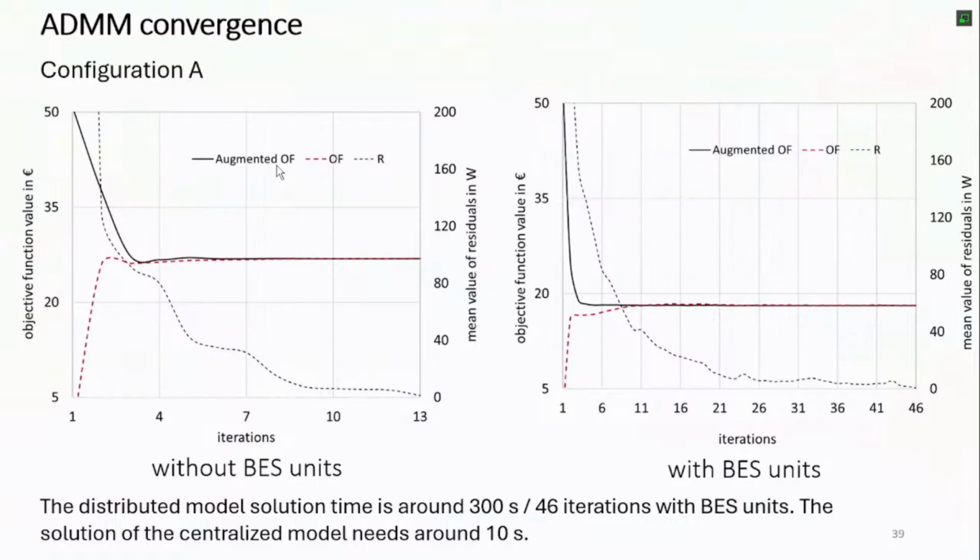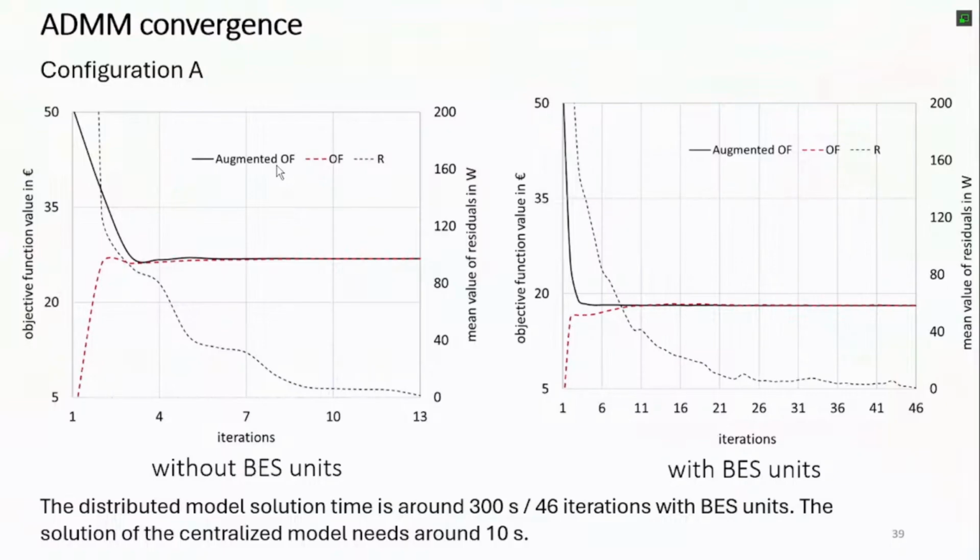You see this behavior without BESS, and with the battery energy storage, you see that the number of iterations is increasing because it makes the operation of the system more flexible. Then it is more difficult for the algorithm to find the solution because it has more possibilities to explore. We say that the iteration is 46 iterations for